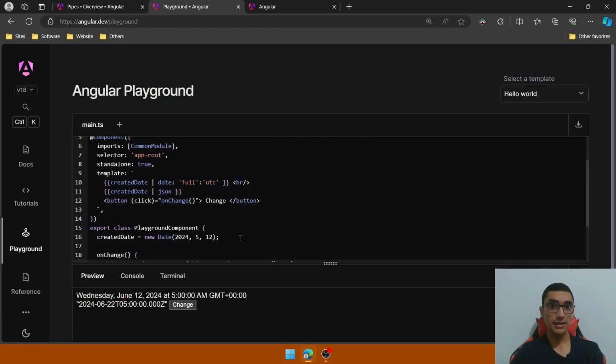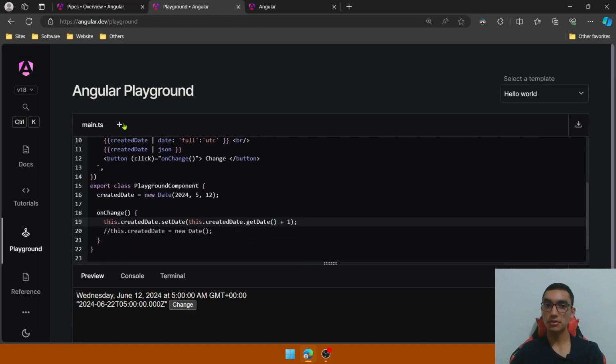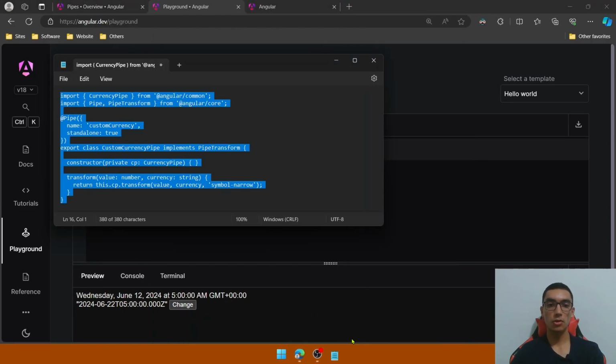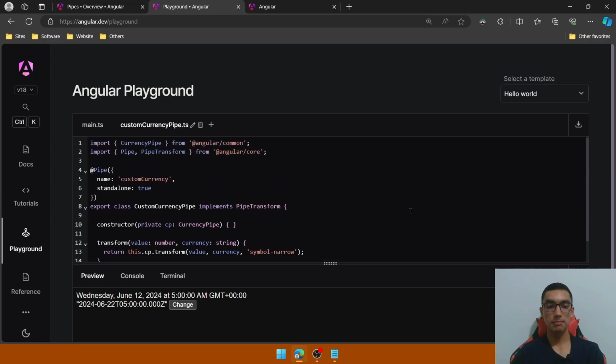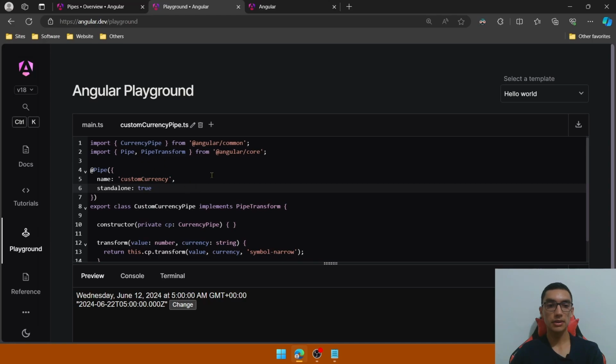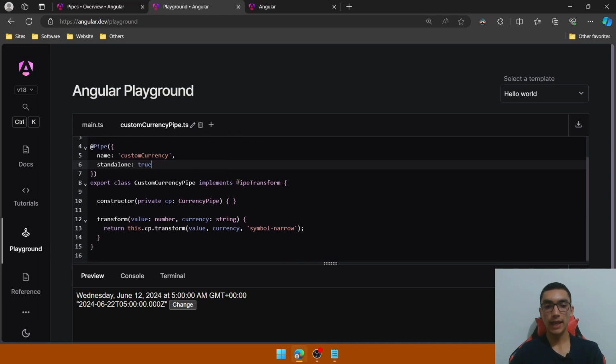For a better understanding of an impure pipe, let's create a new custom currency pipe. So add a new file in this playground called custom currency pipe, that TypeScript file. Let me copy a custom currency pipe. So this pipe includes the pipe decorator to define the name of the custom currency pipe. Let's set this pipe as a standalone to import into the main TypeScript file,